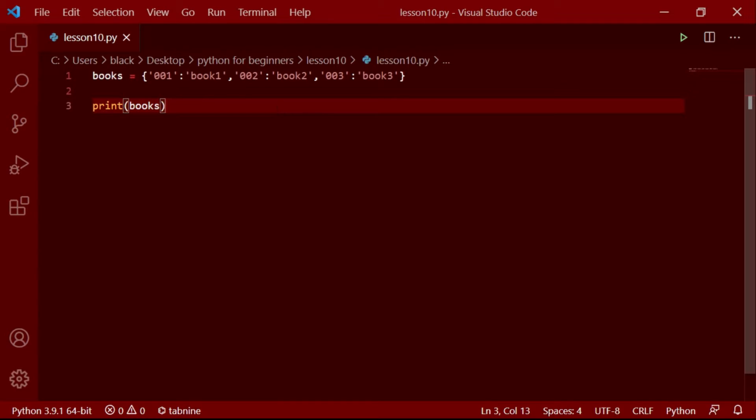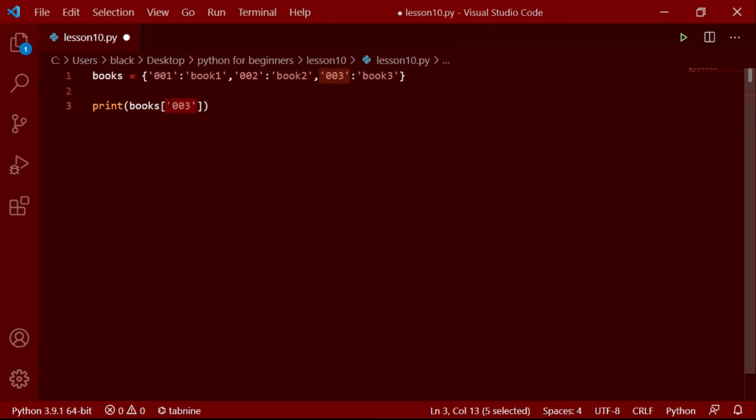Okay, now let's say we want to access a specific item in this dictionary. For example, let's say we want to access this third item. To do that, we can use books, then inside the square brackets, we can give the key of that item. Here the key is 003.